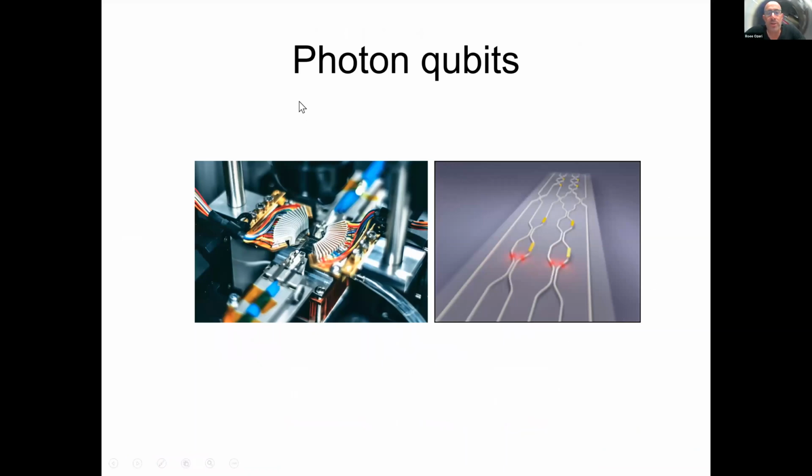Another approach is using photons, particles of light, as qubits. This technology is maybe slightly similar to the interferometer that I've shown you before. Again, this technology is consistent with silicon. In this case, it's silicon photonics. So the way people go about building quantum computers using photons is by building silicon chips and then having silicon oxide waveguides. So if you like, optical fibers integrated into the chip surface. In this way, they build quantum computers that are using photons as qubits.